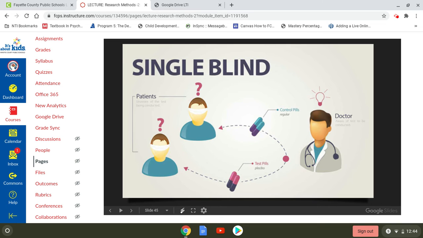All right, now there's another part of the experiment you have to decide on, and that is, are you going to use a blind? So, what is a blind? Let's say that you're the doctor. This is an experiment, and as the doctor, you are giving your control group and your placebo group pills. These groups don't know which group they're in, so they don't know if they are getting actual medicine or if they're getting a placebo. And we want to do that in the case where we are not really sure if